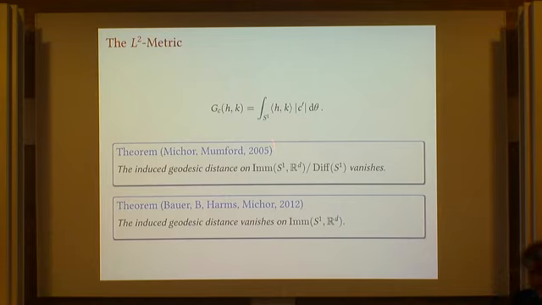So L2 vanishes, H1 is positive definite. It gives you a well-defined notion of distance. What happens for the Sobolev orders in between, so fractional order, it's unknown where the cutoff is. I would conjecture it's 1/2, but because it's between 0 and 1? No, because of the diffeomorphism group in one dimension, the cutoff is 1/2. But for curves, well, yeah,